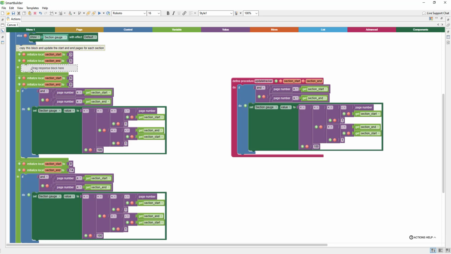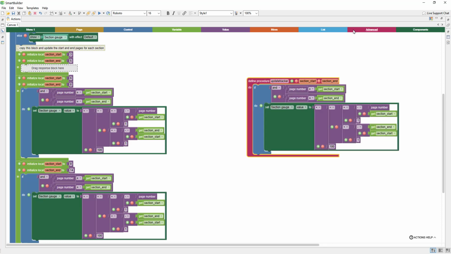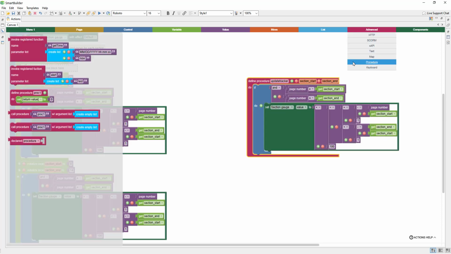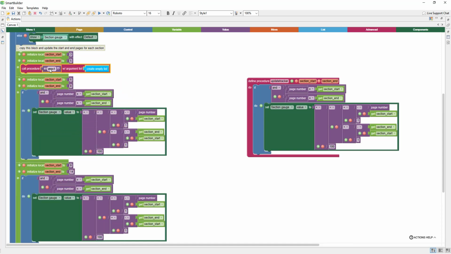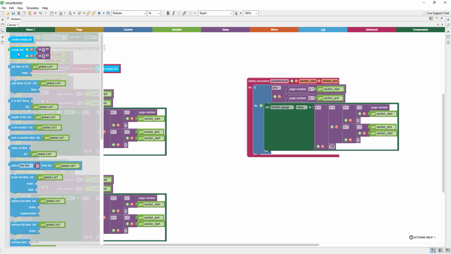And now what we'll do is we will call this procedure. So we'll go to Advanced, Procedure, create our call procedure block. And the procedure that we're going to call is this update tracker. So we'll just copy this name. And the argument list here is going to be a list with these two values. So we'll go to list, create list,